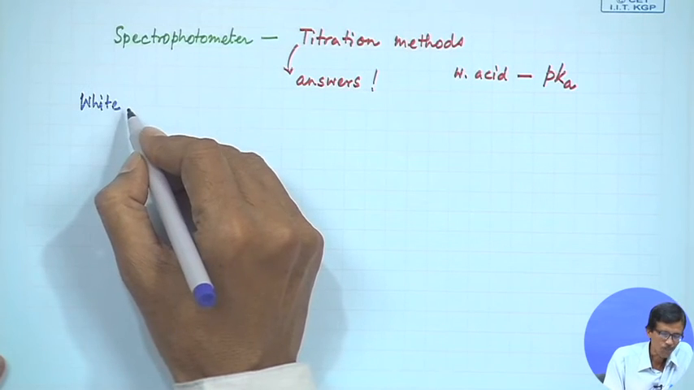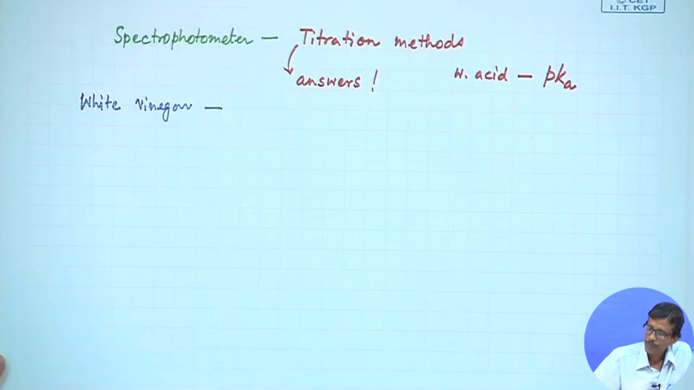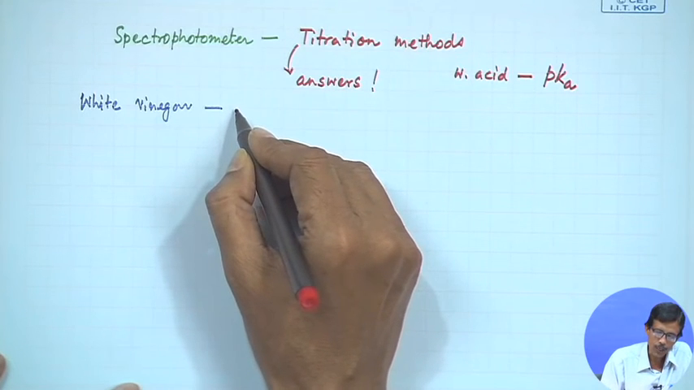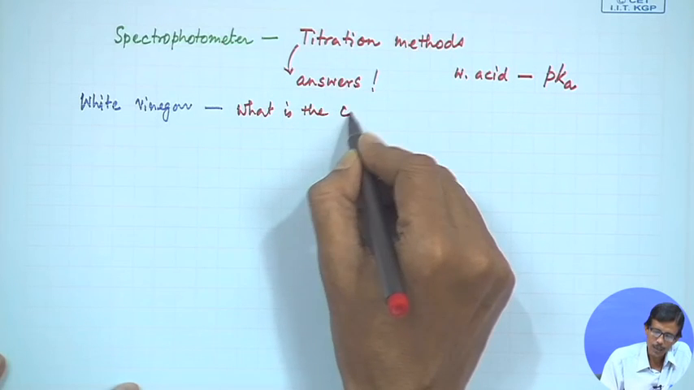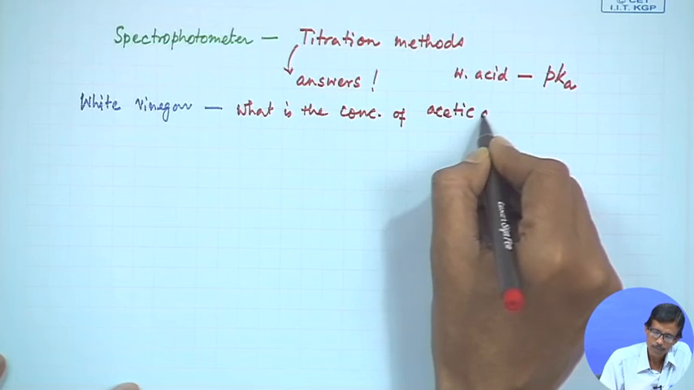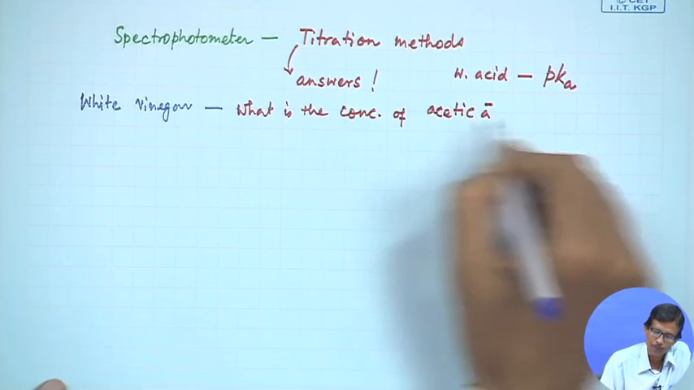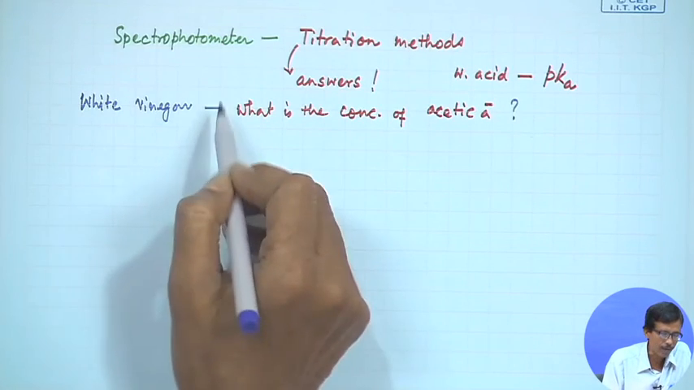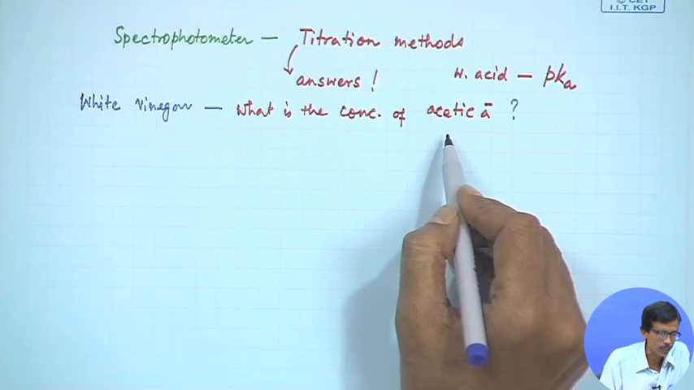So, for a real life example, if we have our white vinegar, the question in our hand is, what is the concentration of acetic acid in that particular vinegar solution? So, that we can use. If we have a commercially available white vinegar in hand, we can determine the corresponding concentration of this